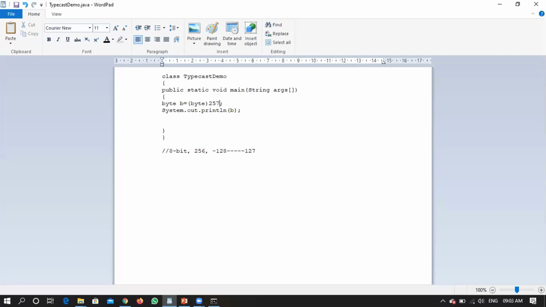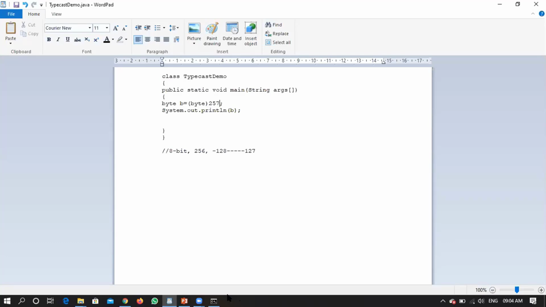What is the range of a byte? 256 is the number of values that it can hold. Now it will be performing a modulus operation, 257 modulus 256. What will be the remainder? 1.